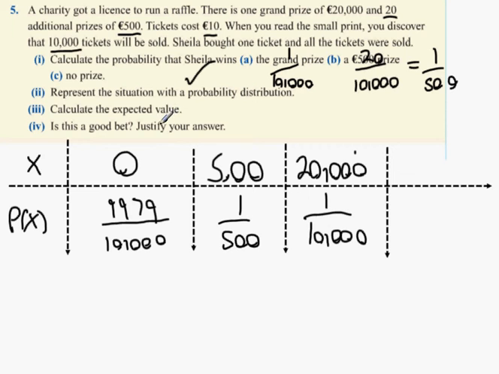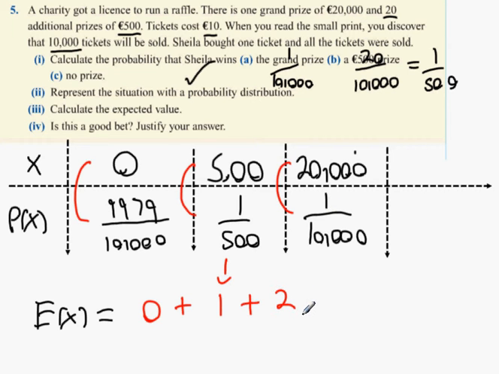Calculate the expected value. Can anybody remember how we calculated the expected value last time? It's a way of getting the average. How do we get the average though? You multiply them and then you add them together. So 0 times that number there, 0. 500 times 1 over 500 is 1. 20,000 times 1 over 10,000,